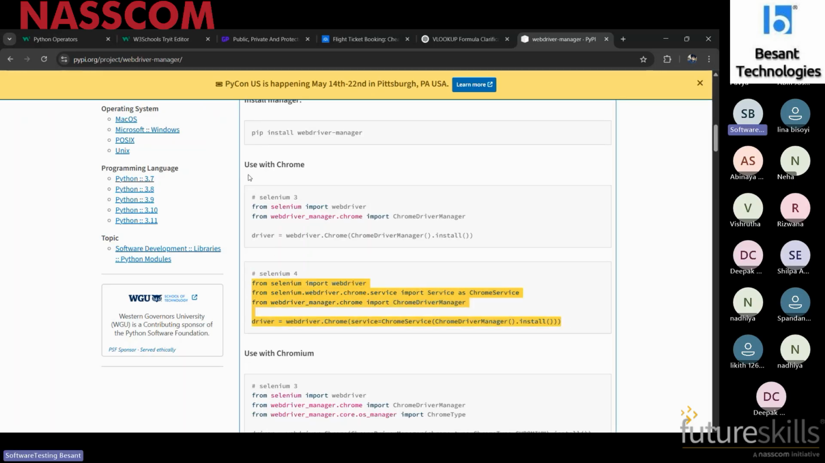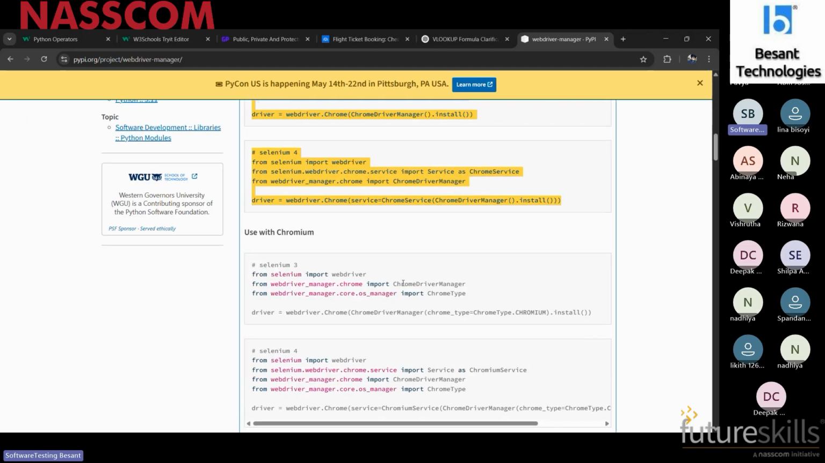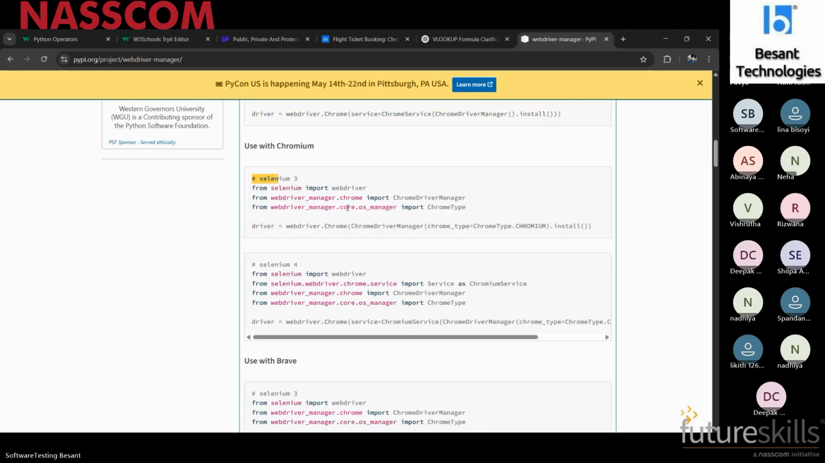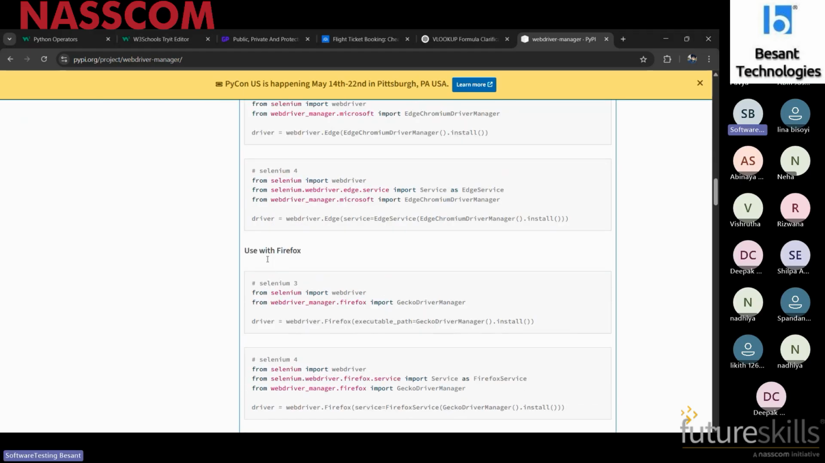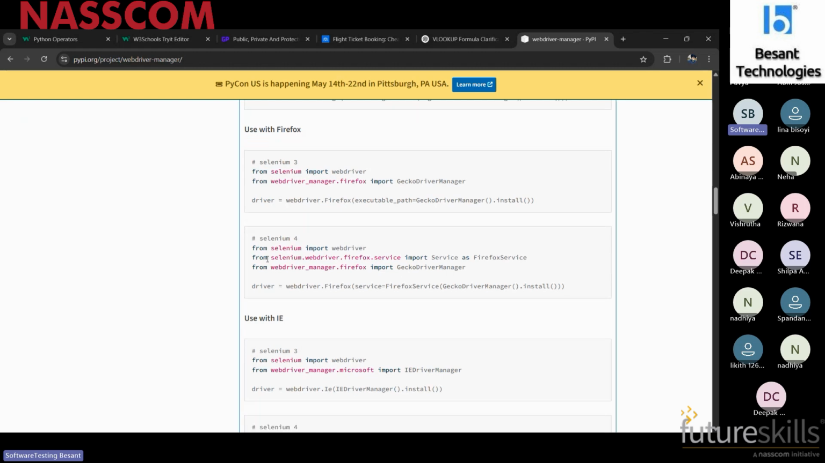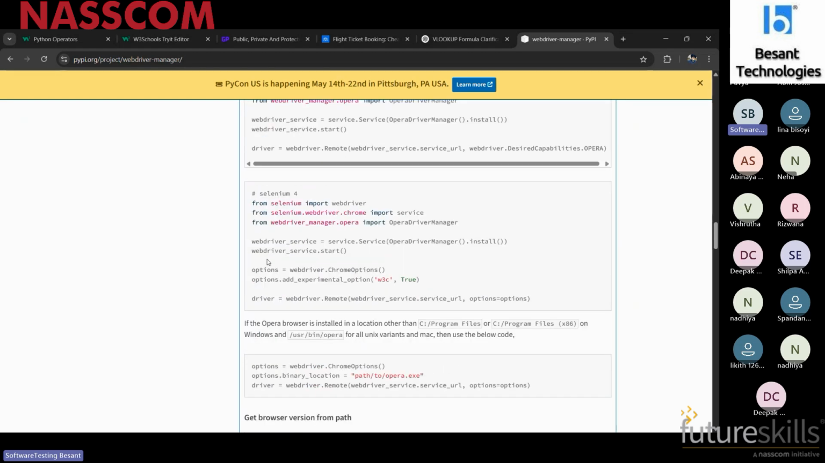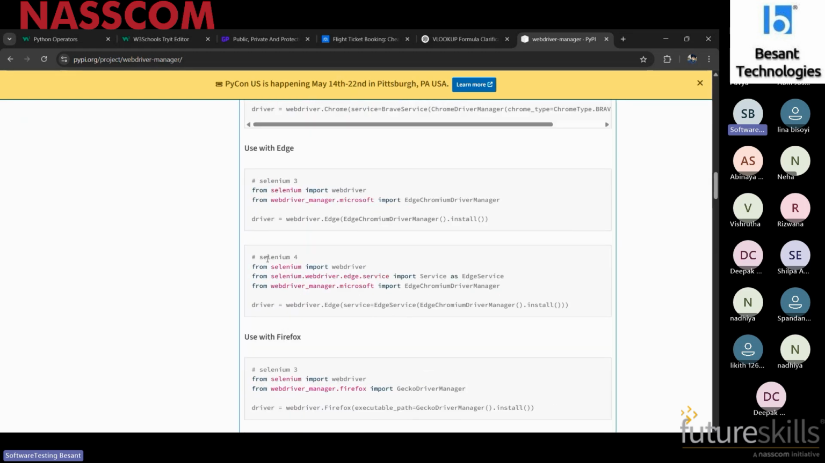So this is for the Chrome browser, and this is for Chromium. Similarly, this is for Brave. This is for Edge. This is for Firefox, IE, Opera. Likewise, for all the supported browsers, they give the